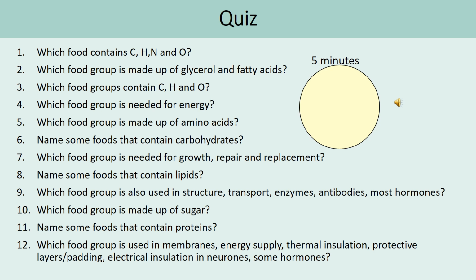And finally, number 12, which food group is used in membranes for energy, thermal insulation, so keeping you warm, protective layers, electrical insulation in neurons, and some hormones? Okay, so if you did write them down, we're going to go over the answers now so you can tick them off. If you didn't write them down, then obviously you'll know in your head whether you got it right or wrong. I would suggest that if you have it wrong, that you add an additional note into that section